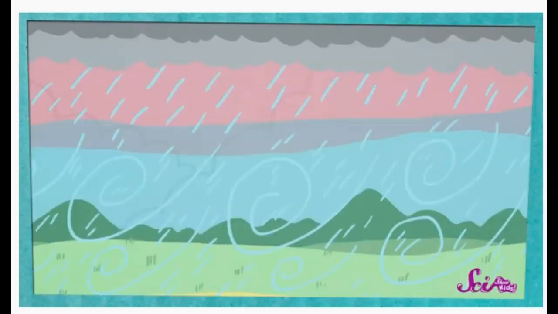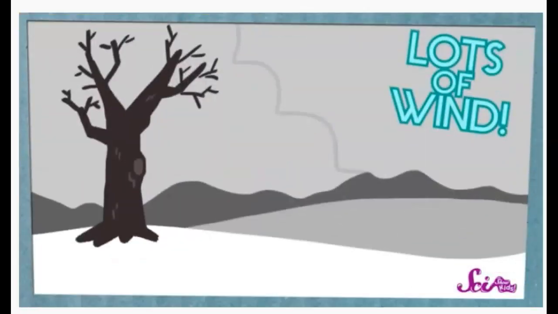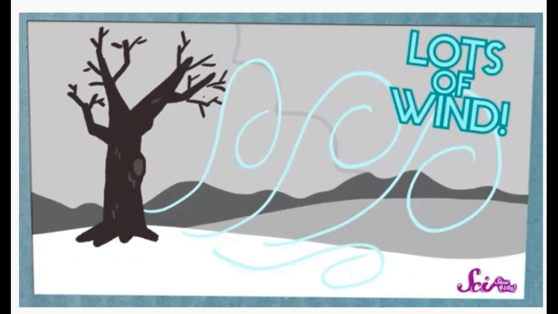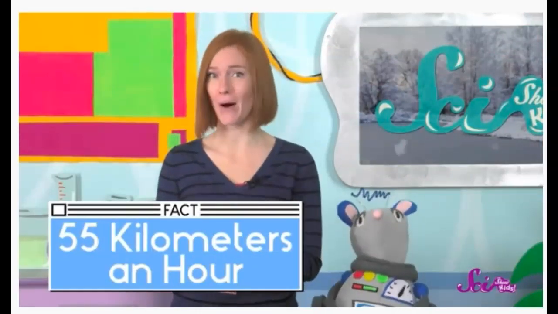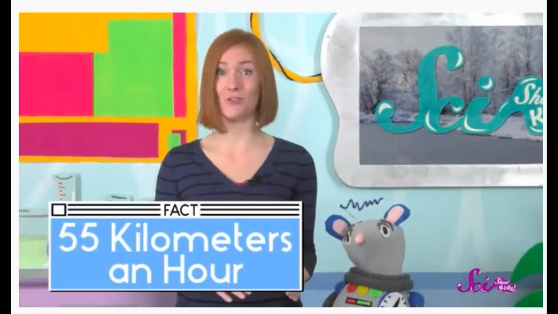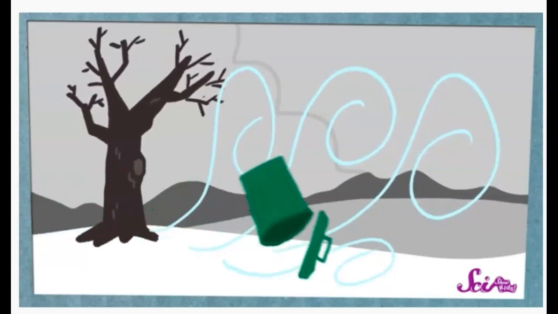Since the air that's on the bottom of the storm and closer to the ground is cold, the water can freeze into snow. Scientists say that for a snowstorm to be considered an official blizzard, three things have to happen. First, to be a blizzard, a snowstorm has to have a lot of wind, and the wind has to blow pretty hard. Winds in a blizzard have to blow at least 55 kilometers an hour, as fast as a car driving down the street. That makes it strong enough to blow around things that are outside, like lawn furniture or